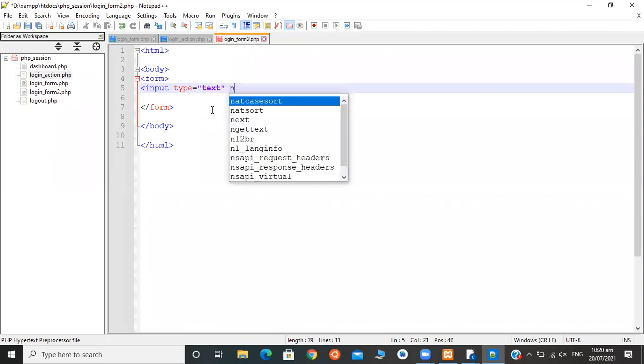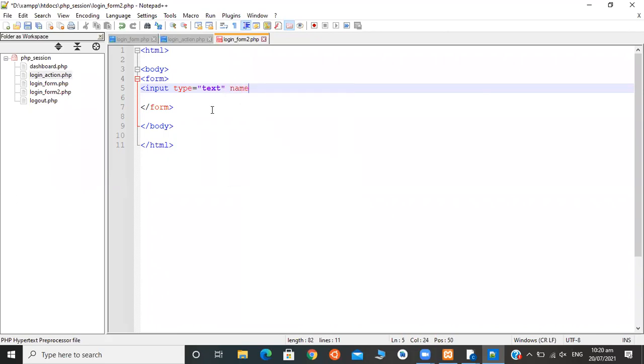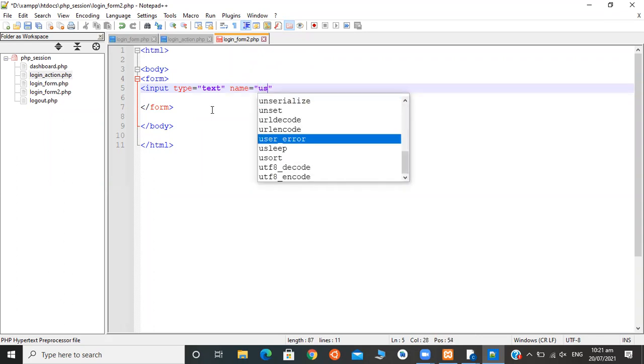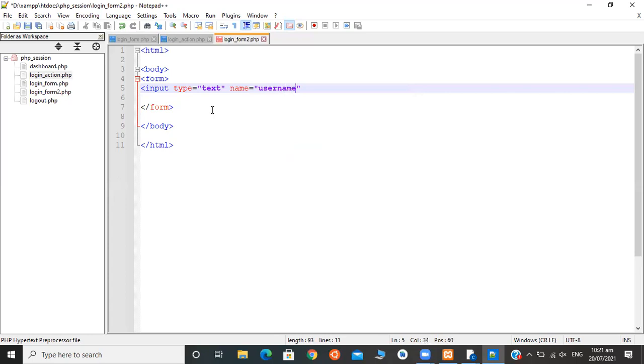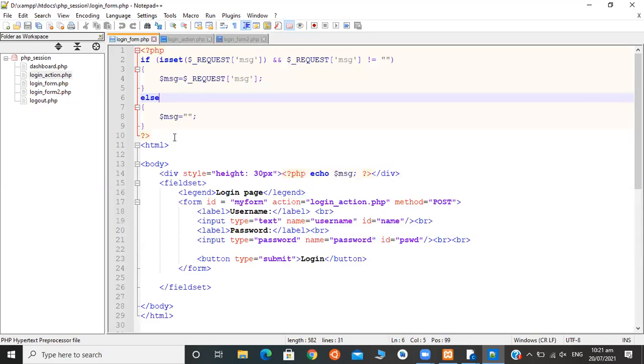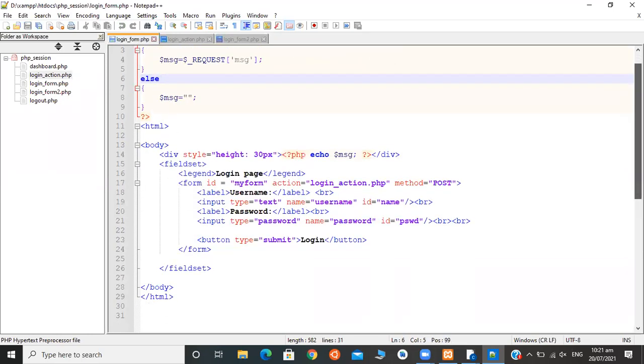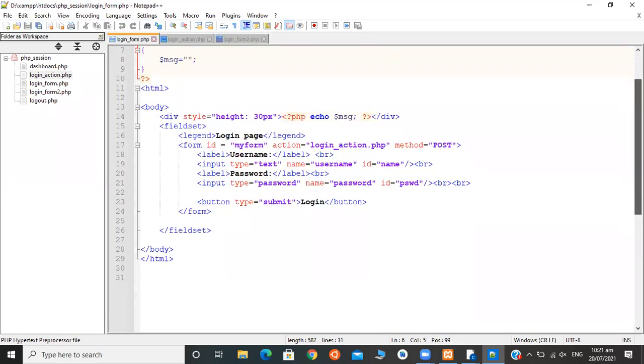We can give it a name, let's say username. This I have created here.